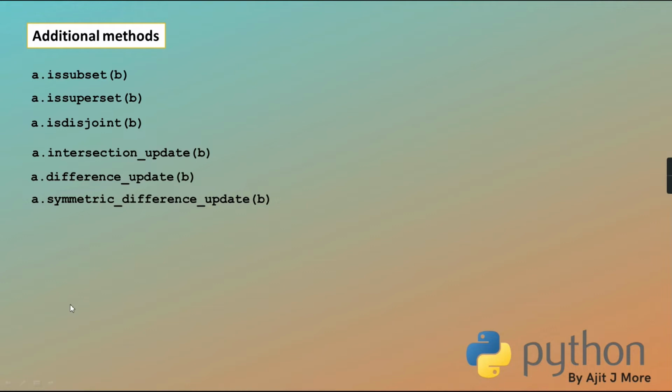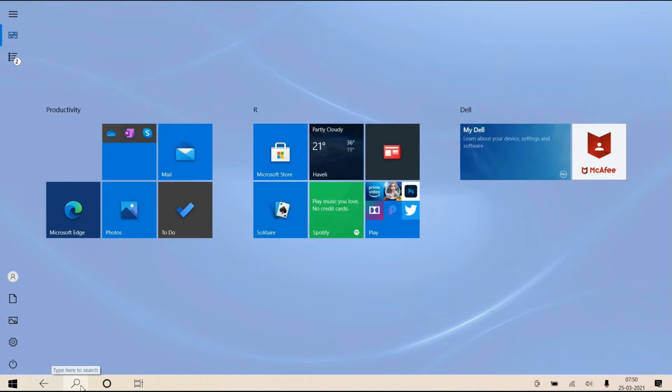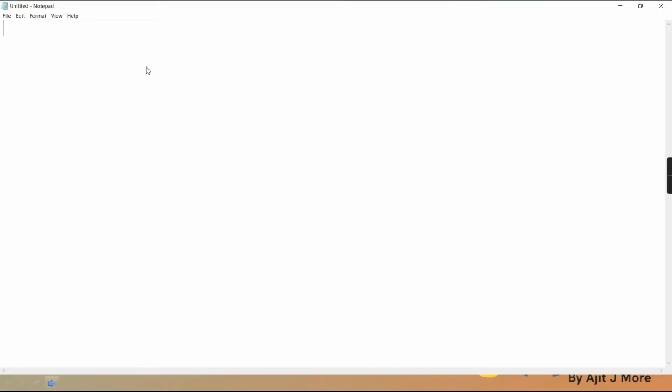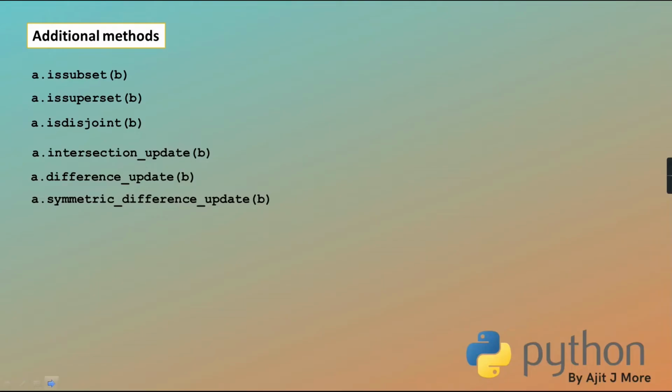Is it? Then coming to some additional methods of your set. A few of them: the first three we will just quickly see, and then the next three I'll explain again. First is A.issubset(B).